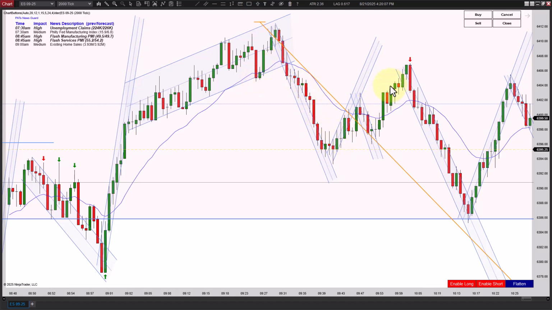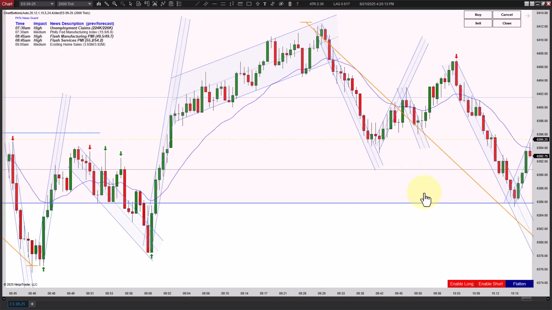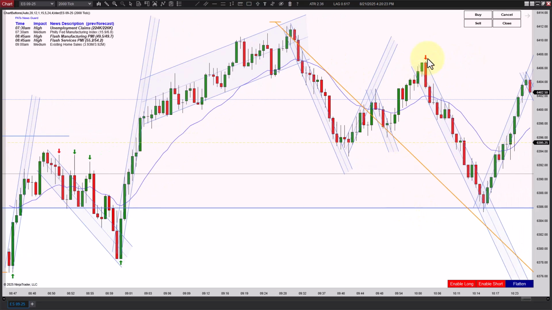So I really thought we were still going to try to make a new high here, but prices never could do it. They never did make a new high there. And we turned back down, and we're all just kind of chopping around here, and I don't see any entries I really like until here. And really what this looks like is